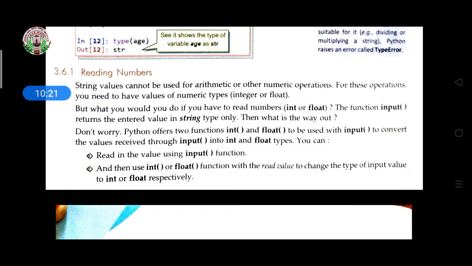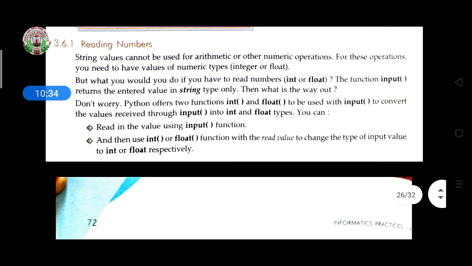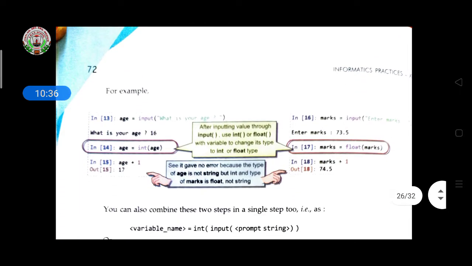Don't worry, Python offers two functions, integer and float. With the input function, you convert the values you receive to the type you want with the help of the int function and float function. How to write this?